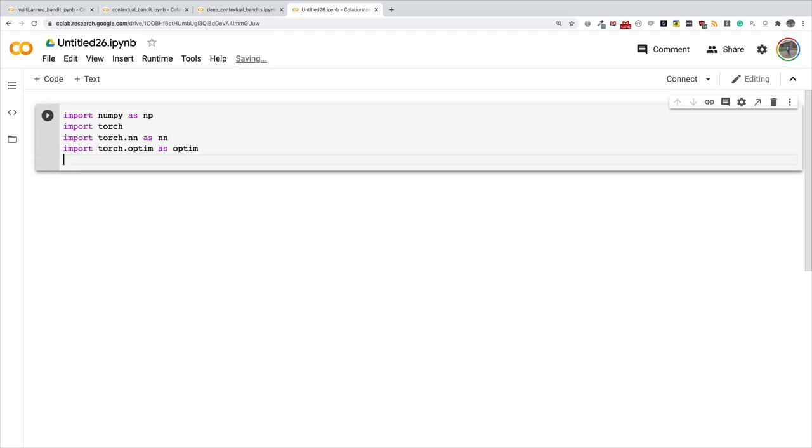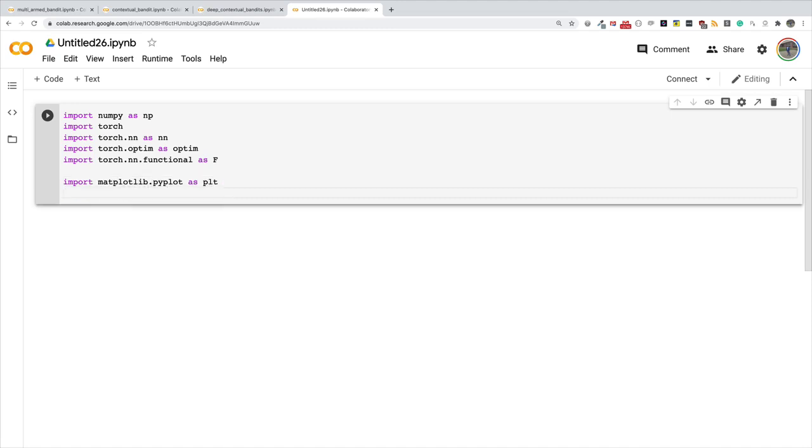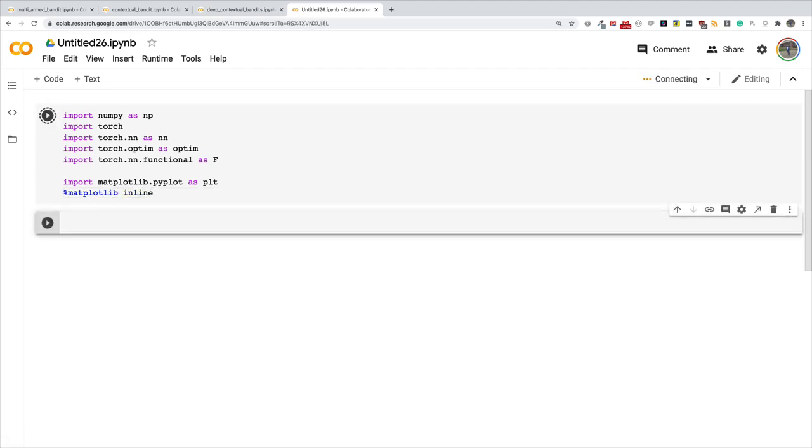And I'm also going to import torch.nn.functional as F, and import matplotlib.pyplot as plt, and I'm going to add my magic command, matplotlib inline. Okay, so these are the usual imports that we always see, nothing new here, and basically just setting up our notebook. Let me go ahead and rename this notebook to Deep Contextual